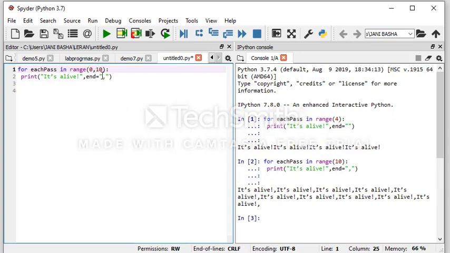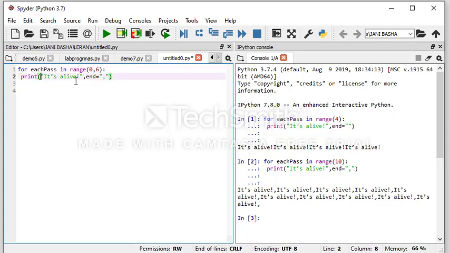Okay, I'll just modify this with 6. Now, as a normal person, we think that this whole statement will be executed 6 times. No doubt the statement is executed 6 times and printed 6 times, but it will consider only from 0 to 5. 6 will not be considered here, right?